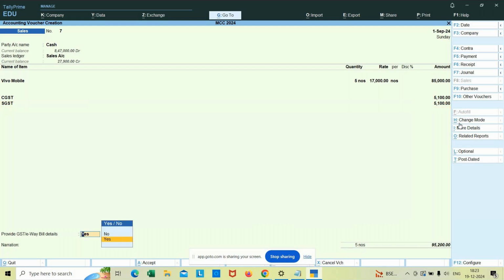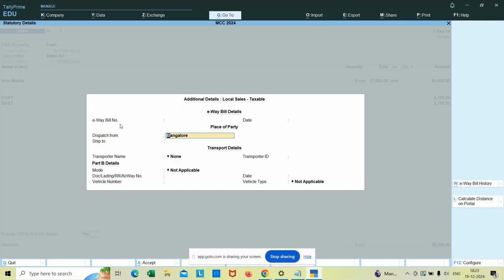Then automatically it will display the e-way bill details. I told you in the last class itself, whenever the invoice value exceeds 50,000, the e-way bill option will generate automatically. So this e-way bill we have to fill in here: the e-way bill number, the date, from where to where we are dispatching and shipping, and the mode of sending. We have to give all the details here. So this is the e-way bill date, dispatch from Bangalore to,